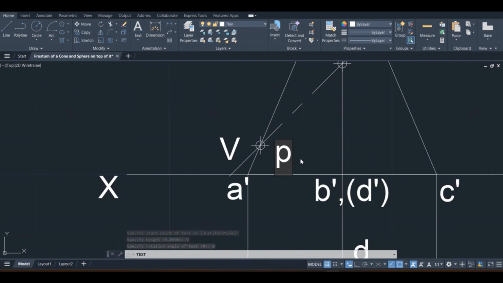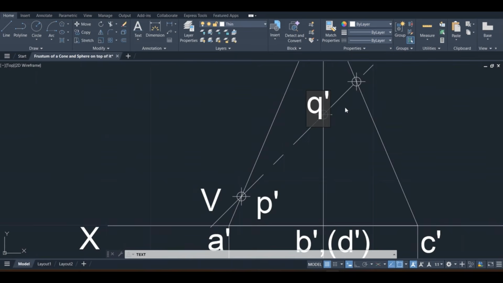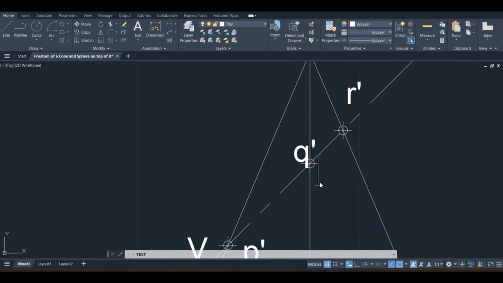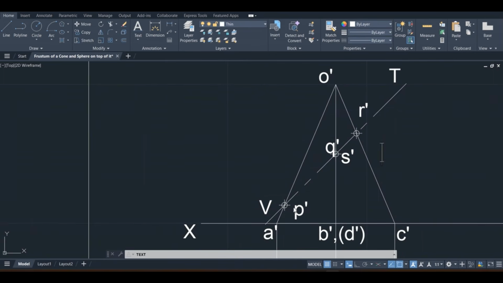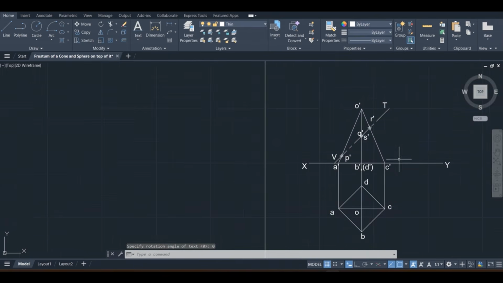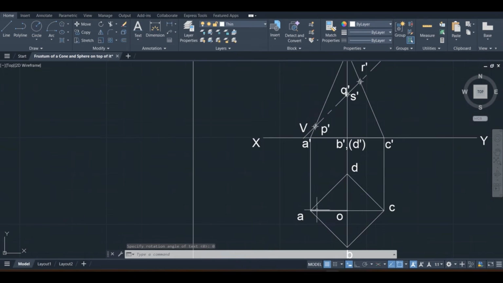P dash, and this is Q dash, R dash, and S dash. Now see, point P is on A dash O dash slant edge, point Q is on B dash O dash slant edge, point R is on C dash O dash slant edge, point S is on D dash O dash slant edge.